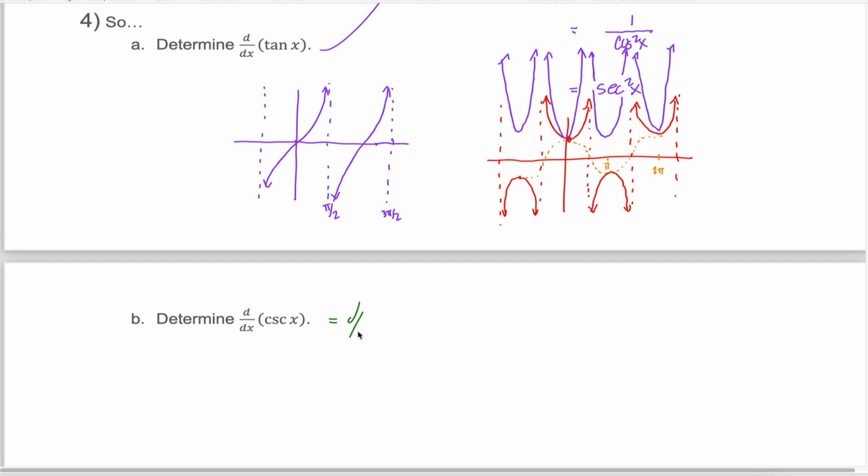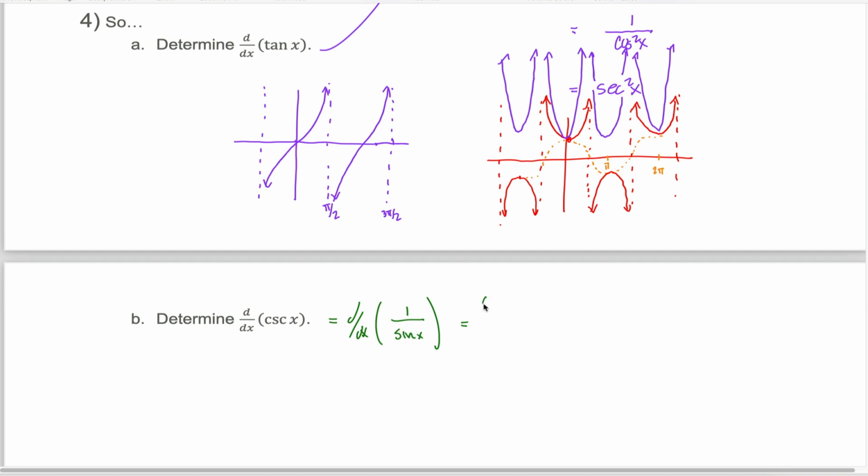The first thing to do is rewrite cosecant in terms of sines and cosines. Why? Because you know the derivative of sine and cosine. Maybe you remember that cosecant is 1 over sine. So instead of thinking about I have to take the derivative of cosecant, think about I have to take the derivative of 1 over sine. This is a little bit weird, but it's a fraction of something divided by something, so I could use the